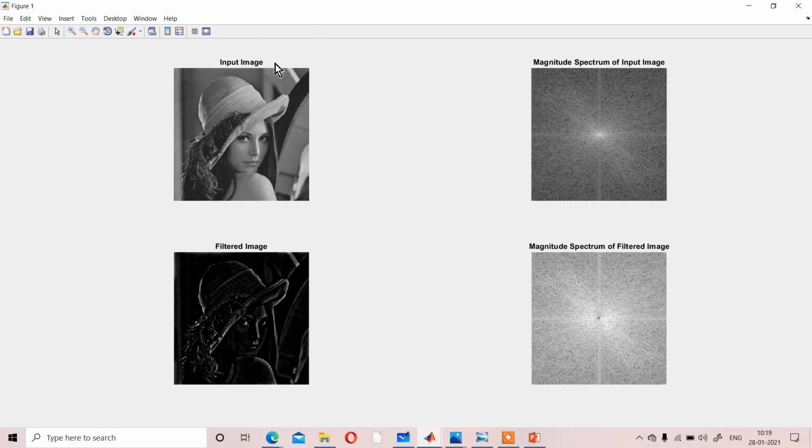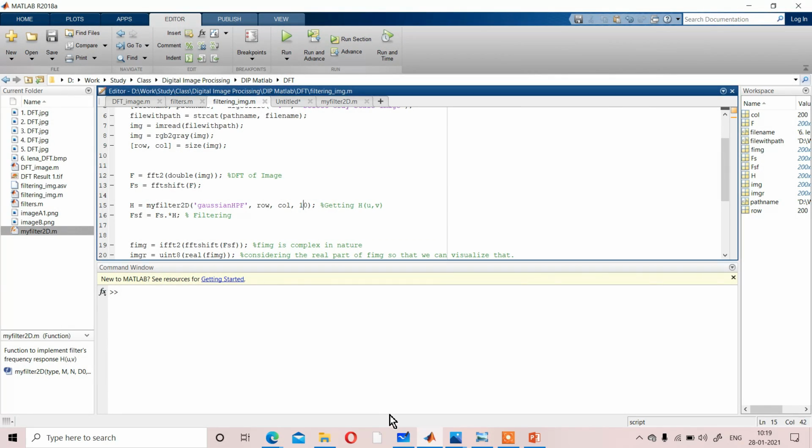If you want to remove the boundary portion of the image, then you have to use the low pass filter, like that. Clear? So that is the practical expression of the DFT, why the DFT is very important and why we need the DFT. Now I think it is a little bit clear to all of you.